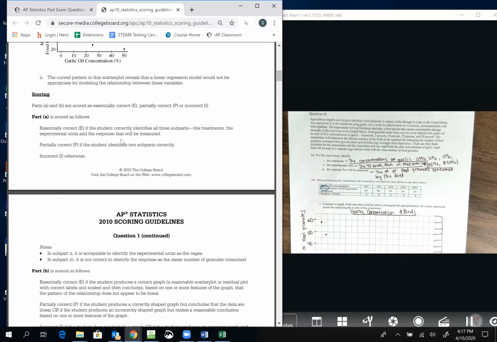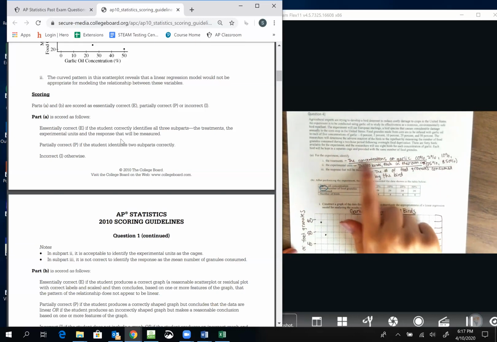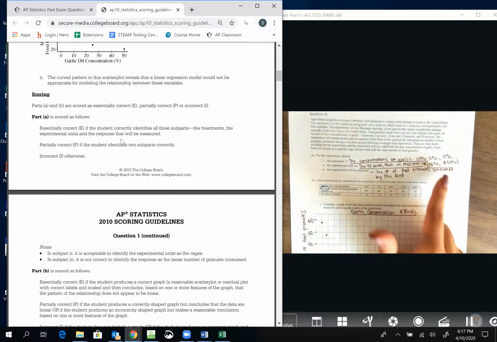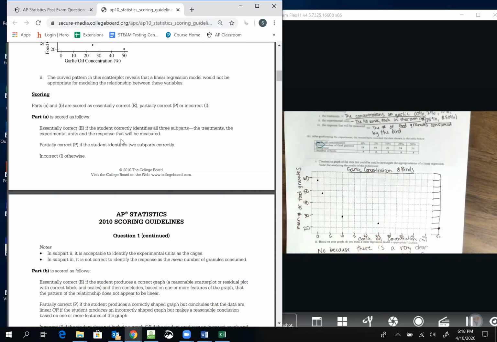It doesn't specify here, but also make sure with the treatments that you specify that they're different concentrations of garlic. I wouldn't just write garlic. You need to be more specific than that. They didn't take off here, but they very well could. So you need to specify that it's different concentrations of garlic or specify what the different concentrations are. But you don't have to take off for this one. For the next part,